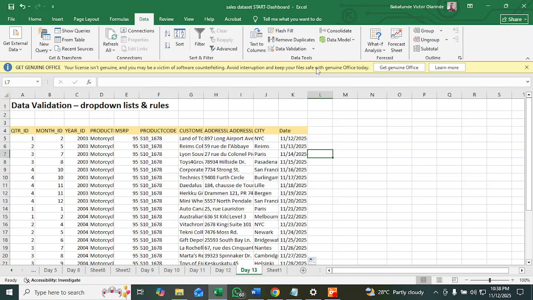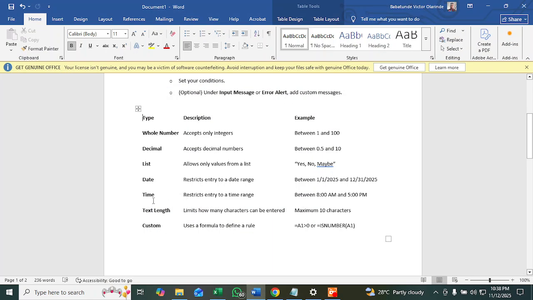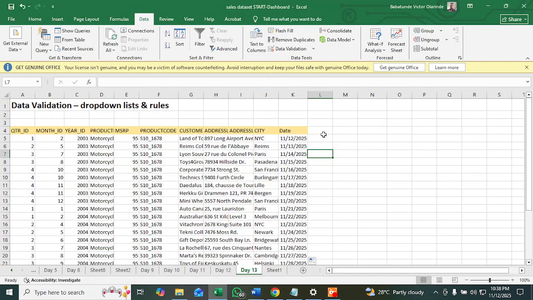I can decide to do anything I wish to. Time: restrict entry to a time range. You can see text length, just what have you. Now what I want to show you now is